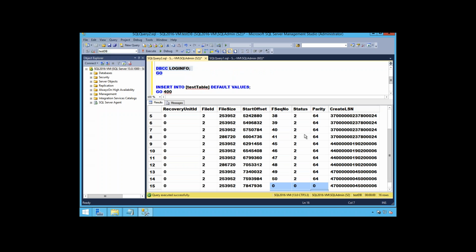Until the transaction is committed, SQL Server will not be able to reuse these up to here. Now, as a side effect of that, if your database continues to let the transaction log file auto-grow, all of these transactions